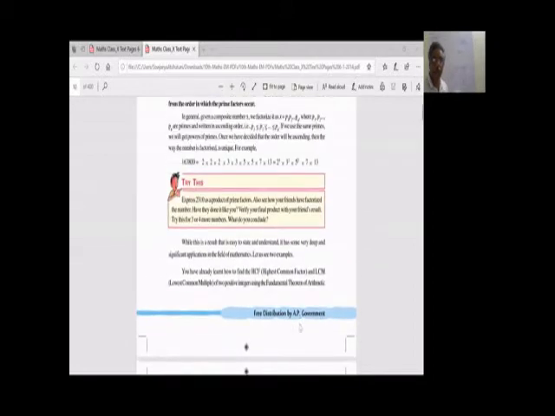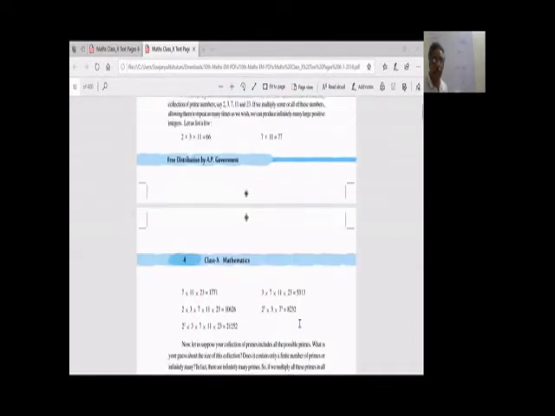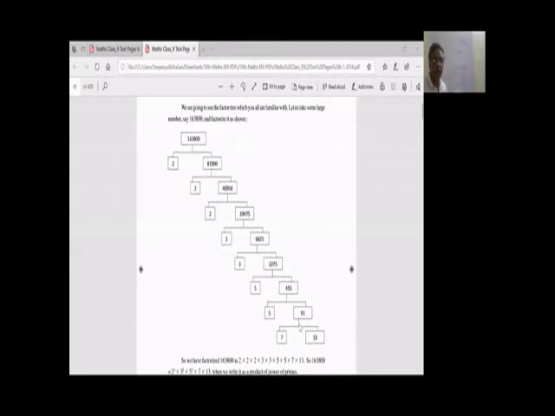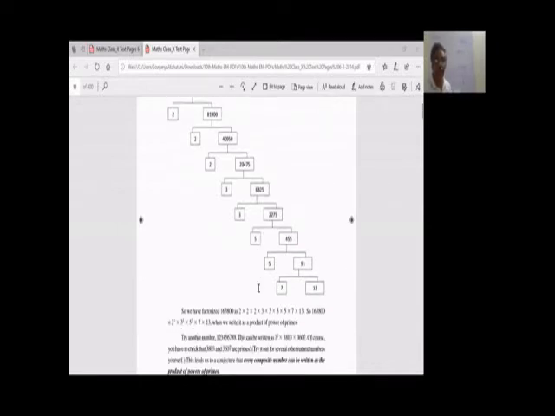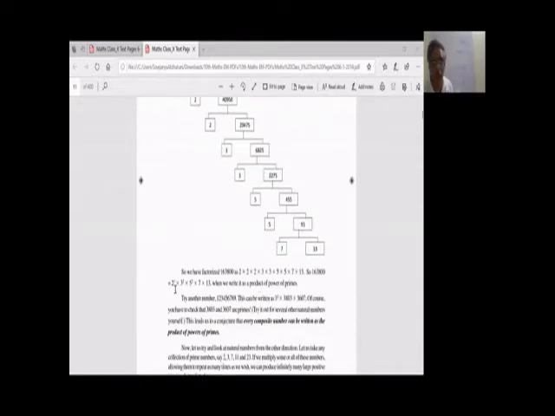Now, any number can be represented in terms of a factorization method. Suppose a number 1,63,800 is there. If I am factorizing it, what am I getting? 2 cube into 3 square into 5 square into 7 into 13. You see, these all are prime numbers. So I can convert any number into its prime multiplications. Any composite number has a unique prime factorization. The order may be different, but it will be unique.